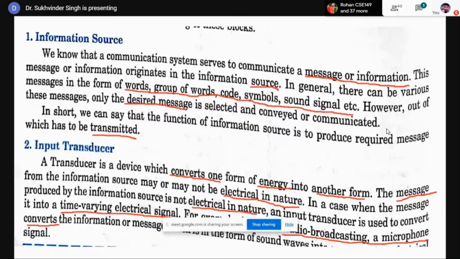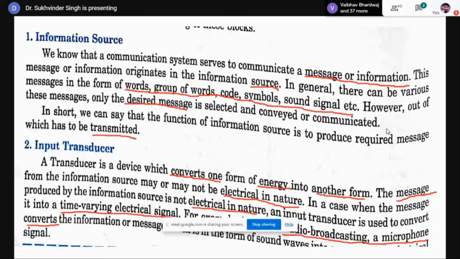The second is input transducer. The second block in the block diagram is input transducer. Transducer is nothing but simply an electronic device which will convert one form of energy into another form. Such as speech is converted into some electrical signal, and that will be